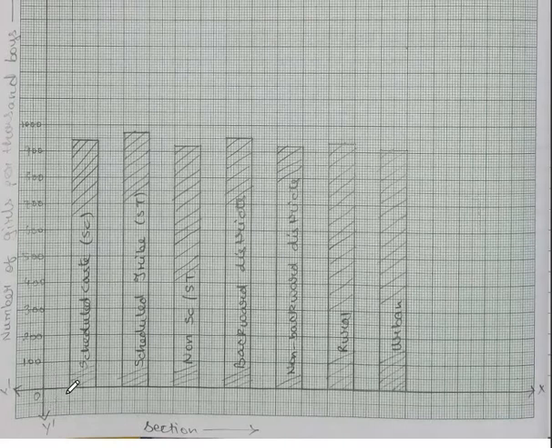So the first measurement is 940. From here to there, up to 940 you should count. It is 900, then just above this, small 4 lines you can count. Till this much will be your 940. Then you can draw the rectangle, and inside you can write scheduled caste. Second measurement, keeping the next unit gap: second is 970. So here up to 970 you will move. This is 900, this is 950, 60, 70.